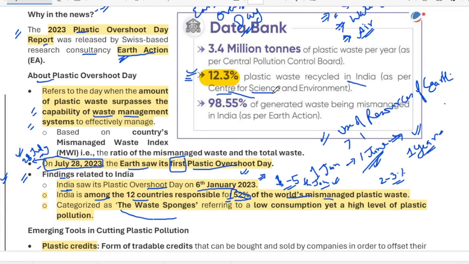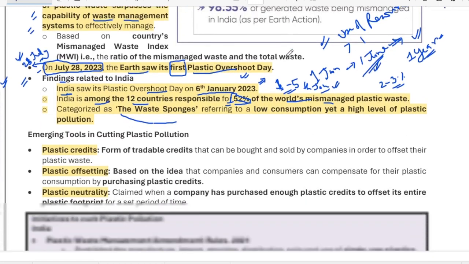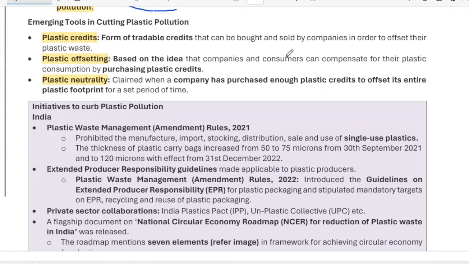Center for Science and Environment. Okay. Now, what are the emerging tools in cutting plastic pollution? How can this plastic pollution be reduced? Okay. Now,